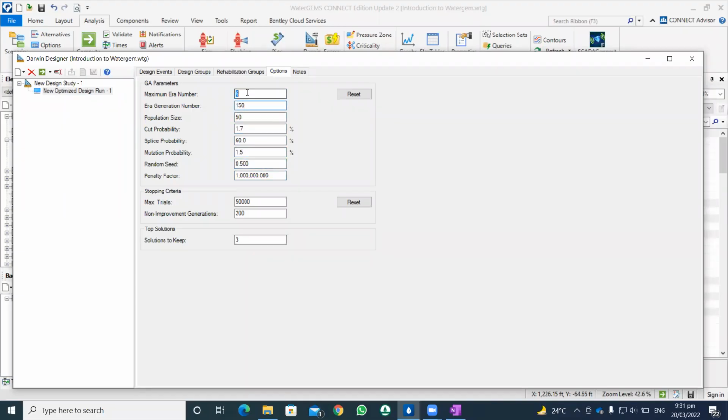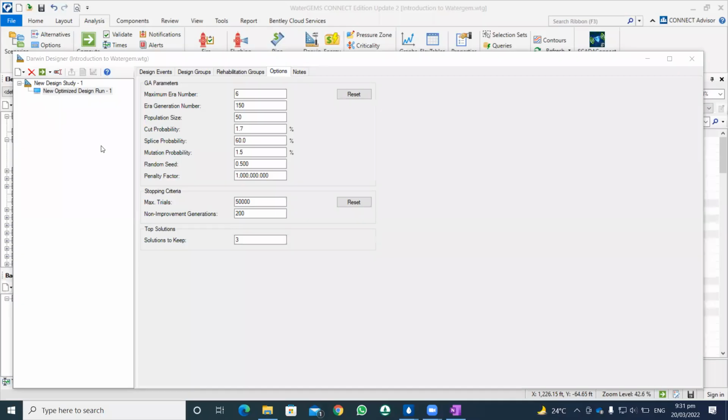Basically, the programmers and researchers who designed the algorithm mostly know about that very well. I will try to figure it out. When I get to know that, I will let you know about these different probabilities and splice mutation, because a long history and a lot of knowledge is behind each parameter defined here. So I will keep this as it is defined by the